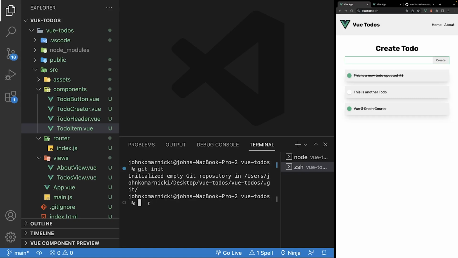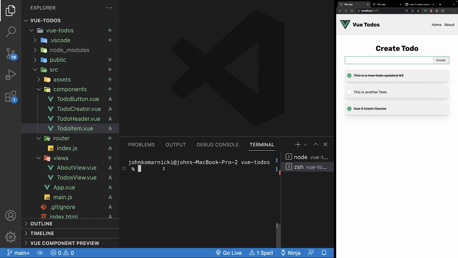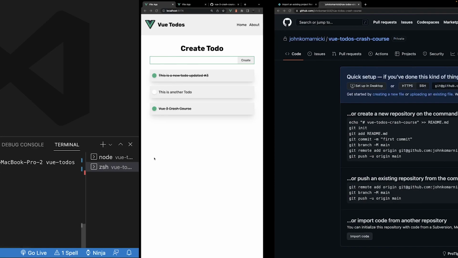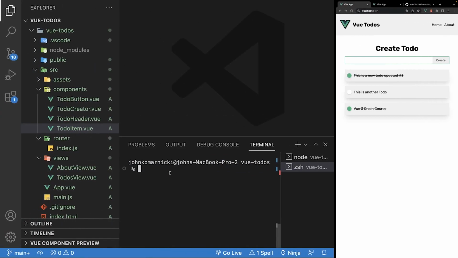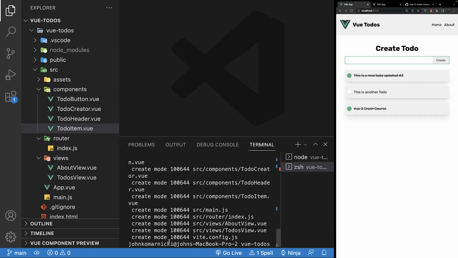So what we want to do next is run the command git add, and we want to add all the files. And to do that, we say period, and then we can hit enter. Now for the rest of this process, we're just going to be referencing GitHub. So what we want to do next is what is called a git commit. So we're just going to copy this line, and then we'll paste it in here. And what that did is commit all the changes that we just added,